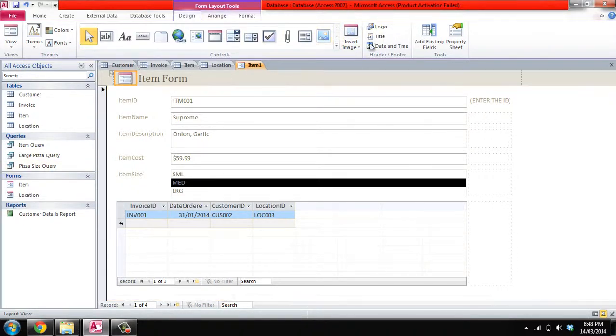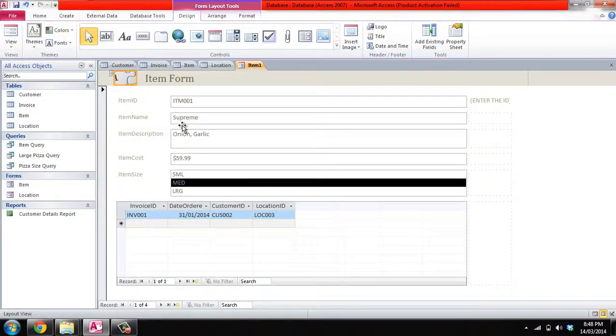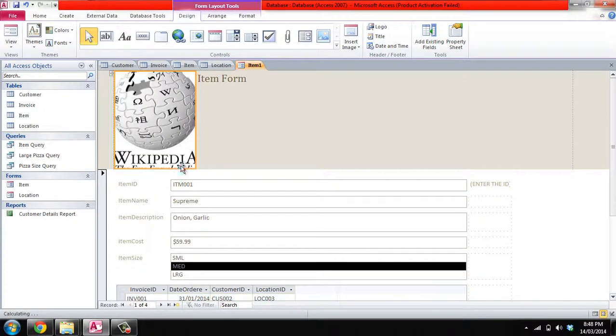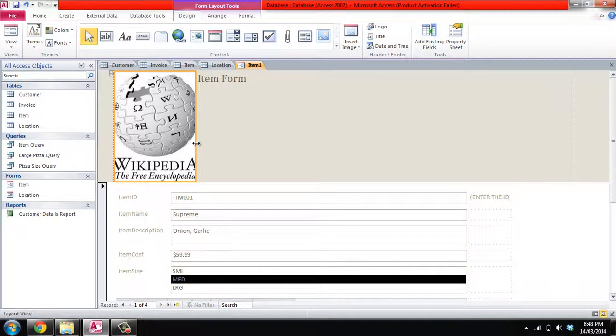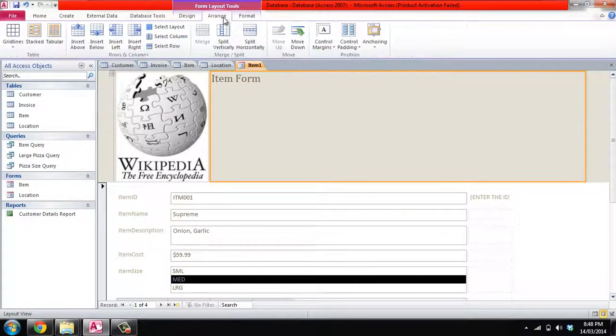Other things you can do is you can change the logo. So I have a logo pre-prepared, license free of course, from Wikipedia, and just expand it so you can see it. Something like that looks pretty good in my opinion. And see, you got some problems here. You can fix that. So you can use